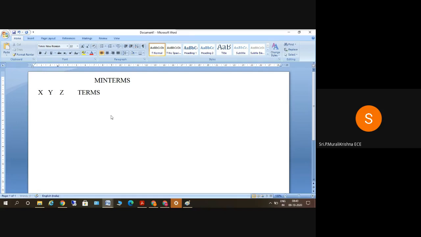Minterms and their representation. How do we represent Minterms? For 3 inputs we'll be having 8 combinations. For n inputs we'll be having 2 power n combinations. For 3 inputs we'll be having 2 power 3 combinations, that is 8 here. So 8 I can write it as 0 0 0,